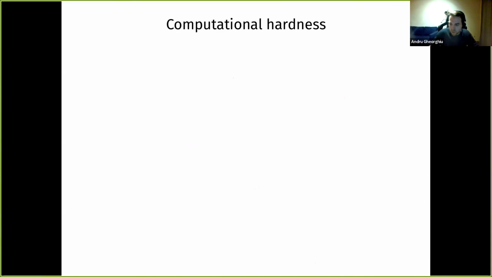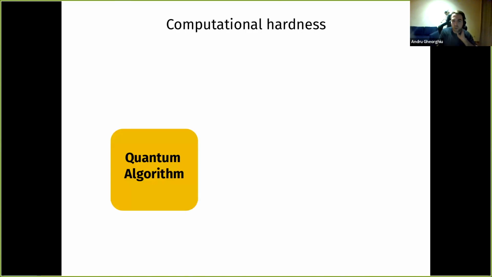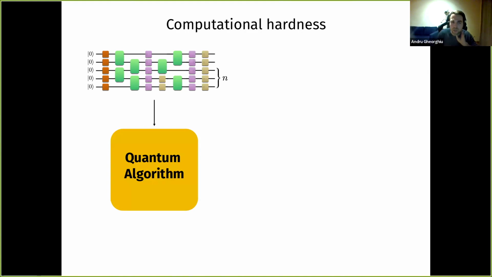Okay, so in Nicole's talk and in Jordan's talk, we heard about computational hardness and complexity. And I'll also be talking about that. So let me just clarify what I mean in my case. As I said, you're given as input the description of this circuit, and we're imagining that there's some sort of algorithm, in the most general case a quantum algorithm, that whatever it does with this input, it should somehow output the entropy estimate that I mentioned on the previous slide.